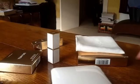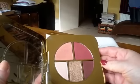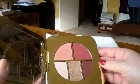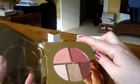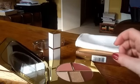But you're not interested in that. You want to see the gorgeous interior. And so do I. So there we are. Maybe a slightly less wearable combination. Now, I'm assuming these two are the cheek colours. And interestingly, the girl who served me at